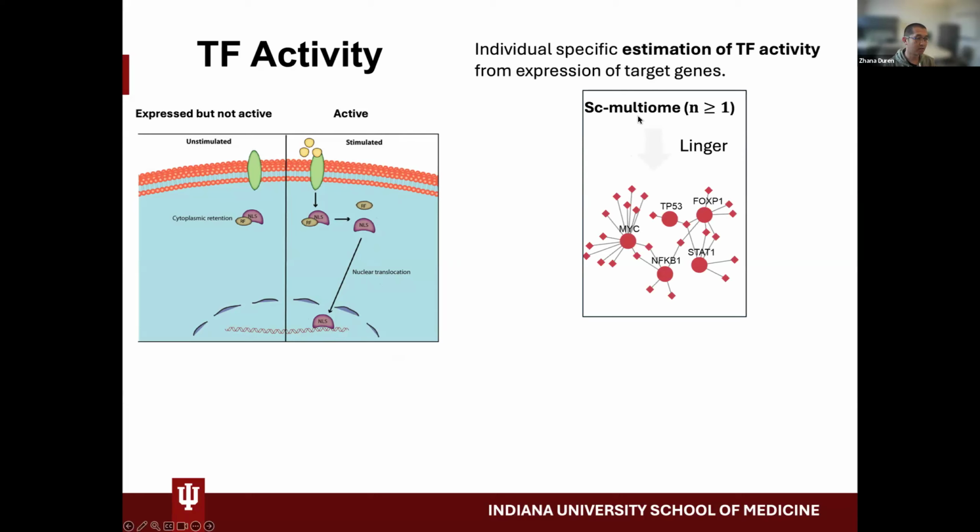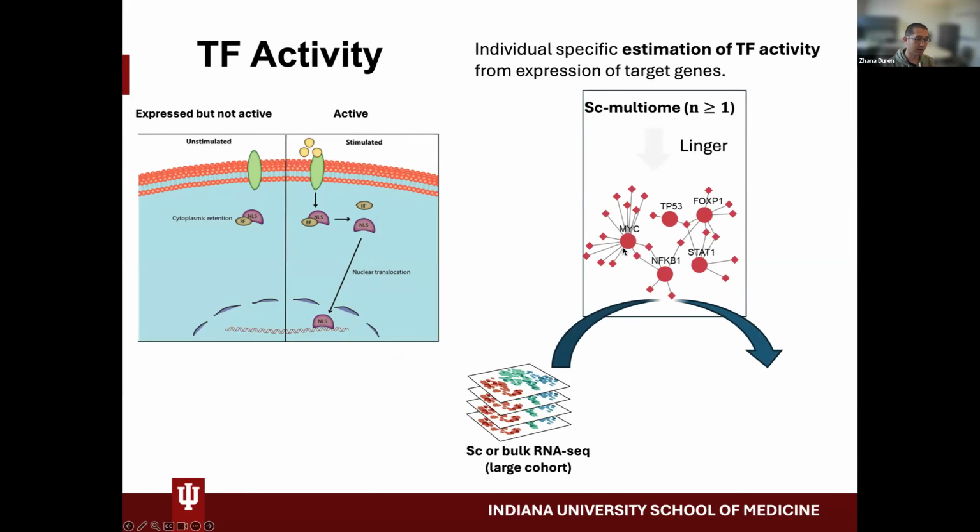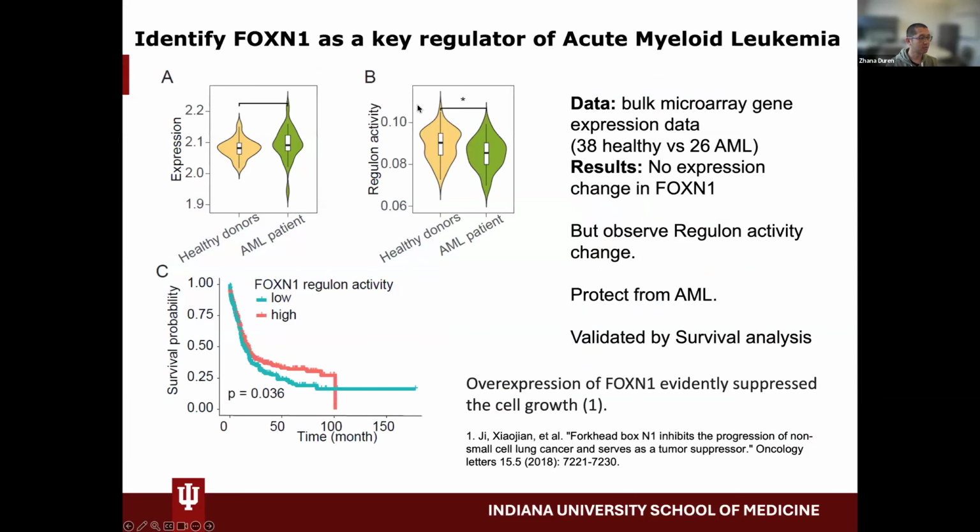So we have one healthy donor multiome data. We run LINKER and get the network. Now from single cell or bulk data from a large cohort, we have only gene expression data. We can estimate the transcription factor activity based on their target genes. For each transcription factor, we can average their target gene expression, and then we get the activity. Then for each individual we have transcription factor activity, so we can test whether their activity is different between diseased and healthy. So here's one study,